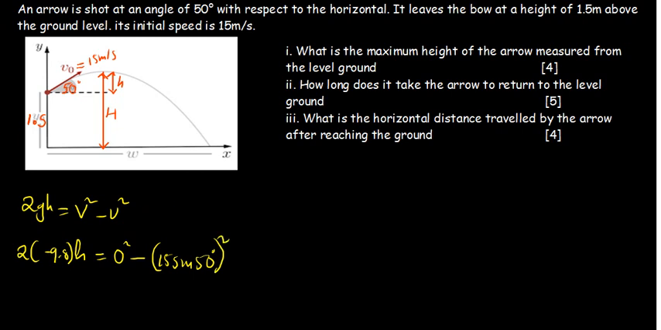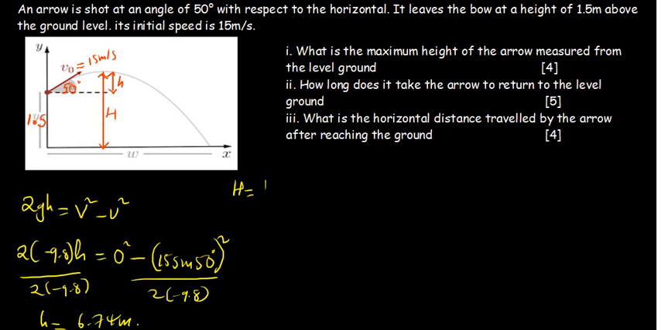All right. So from here, to remain with h, we are going to divide both sides by 2 multiplied by negative 9.8. Therefore, the h that we are going to find, the small h, is going to give us 6.74 meters. Now, remember the question was asking for the height with respect to the level ground, that's capital H. So capital H is going to be equal to small h plus the initial height. Small h, that is 6.74. The initial height from the floor, that is 1.5, and that is going to give us,